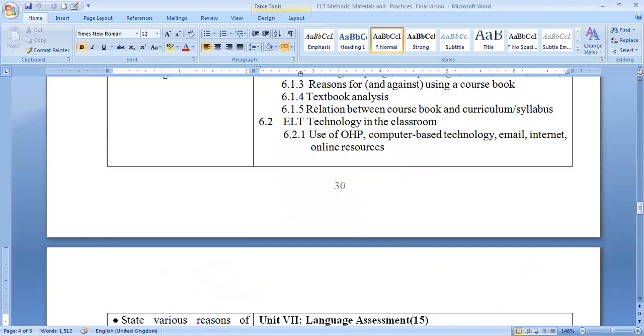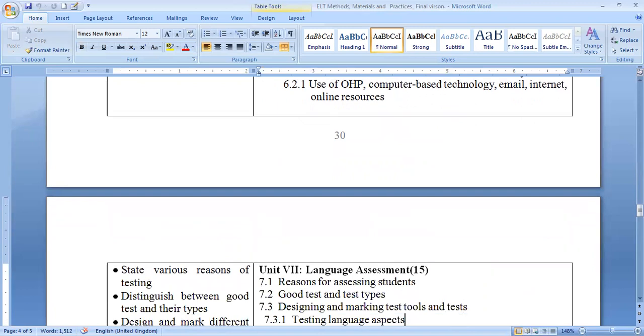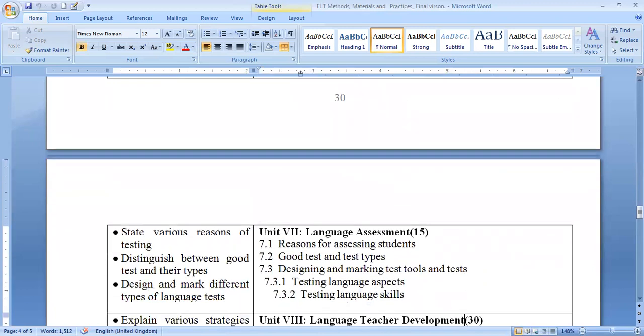Then use of OHP, overhead projector, computer-based technology, email, internet, online courses, online resources. Students have to learn this in unit 6. In the same way, in unit 7, students have to learn about language assessment, that is, various reasons for testing, good tests and their types,